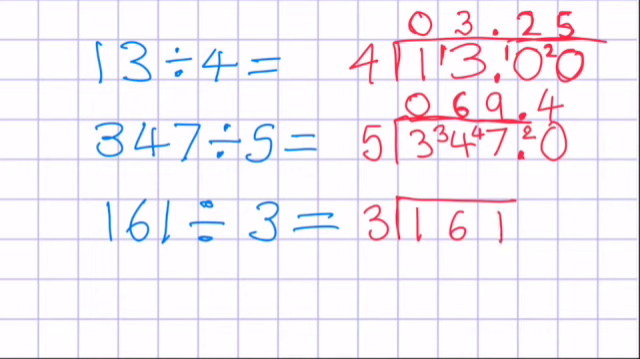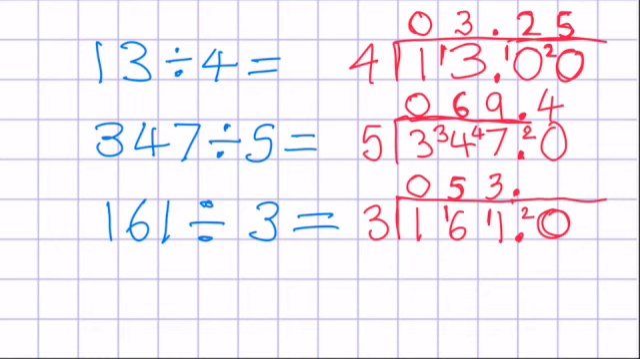161 divided by 3. 3 goes into 1 0 times. Carry that 1 over. 3 goes into 16 5 times, because 5 times 3 is 15, but there's a remainder of 1. And 3 goes into 11 3 times, because 3 times 3 is 9, and then 10, 11, there's a remainder of 2. So we're going to extend our bus stop, put our decimal place, put the 0, and I just said there was a remainder of 2, so 3 goes into 20,